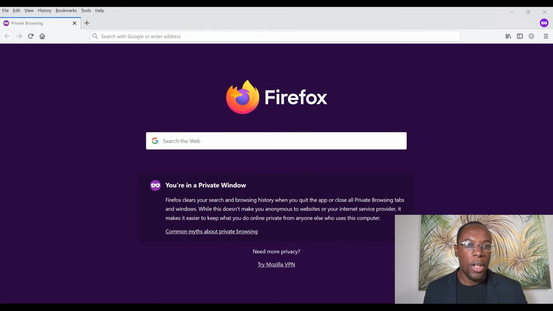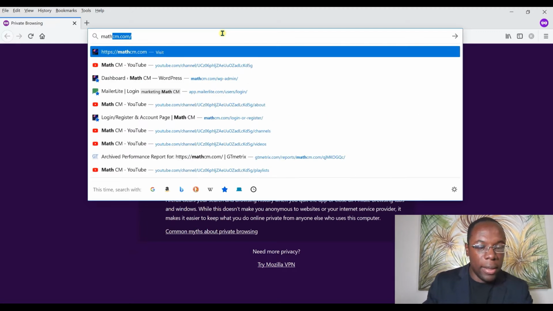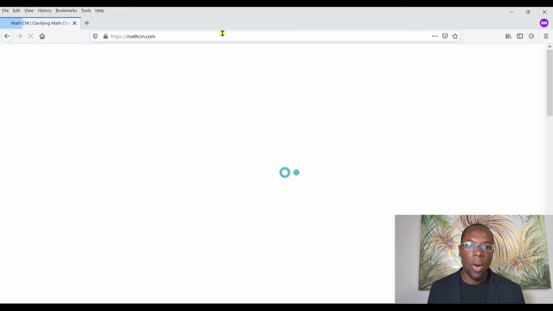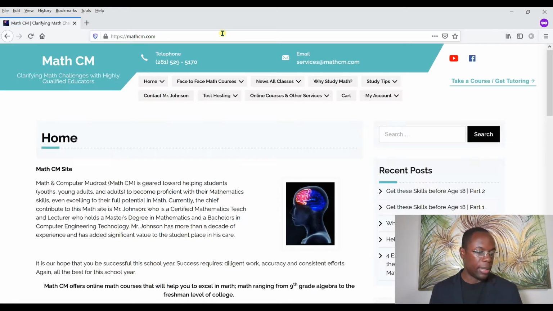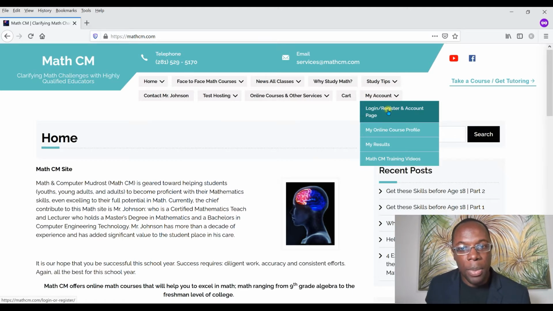And so, you will have to head over to mathcm. And then, once on the mathcm site, you're going to head over to my account. You're going to hover over my account. That is to put your cursor just on my account, and then you're going to log in or register. All right, so you click on login or register,